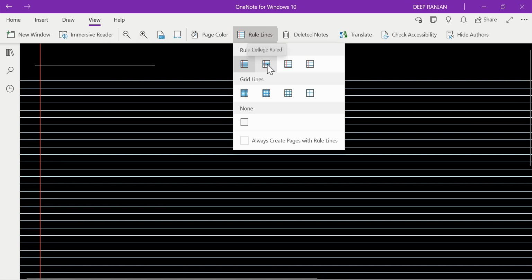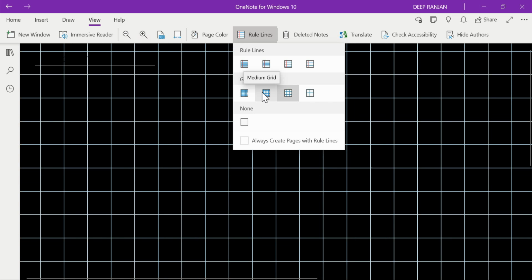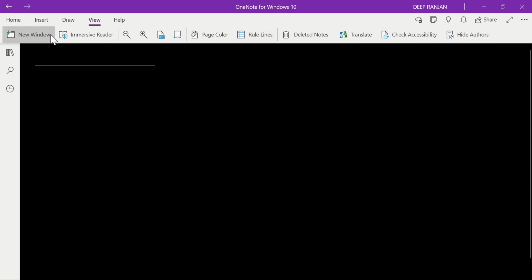Okay, so I would recommend you go to college rule, or the standard rule, or the wide rule. The best ones are the standard rule and the wide rule. And if you write small notes, then you can go to college rule. But the last one, which is known as the narrow rule, is not good for anyone. If you want to create a note, you can zoom in from here. Now, if you are teaching graphs, you can go to very large grid, large grid, medium grid, or small grid. If you do not like this, you can click on None.